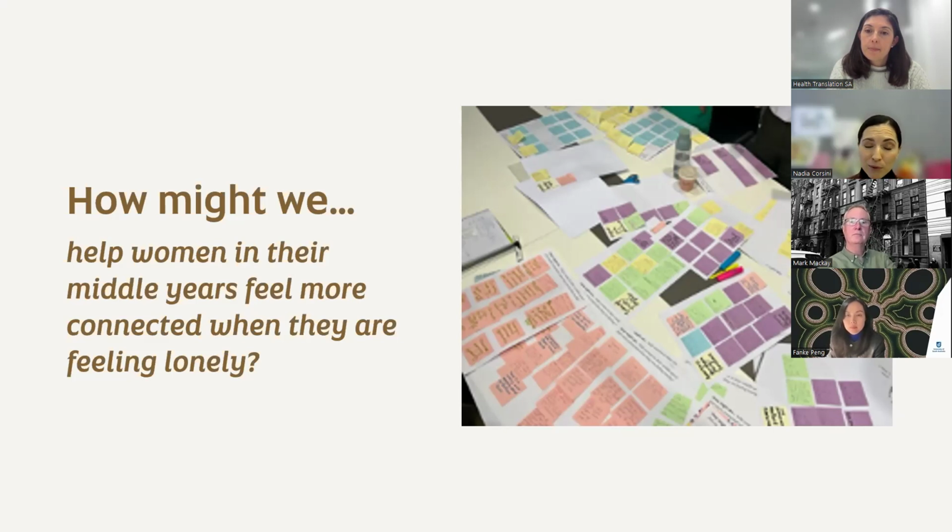Now, each table had a different colour post-it note, so we were able to visually see whether the themes were coming more from one particular table or whether they were truly themes that had emerged from across all of the ideas that were presented. And we found that this activity worked really well and better than we thought. We ended up with hundreds of post-it notes, and we were really expecting just a few.